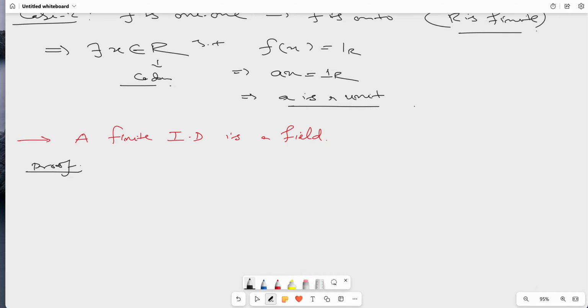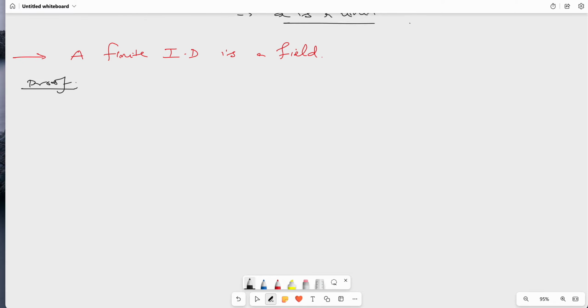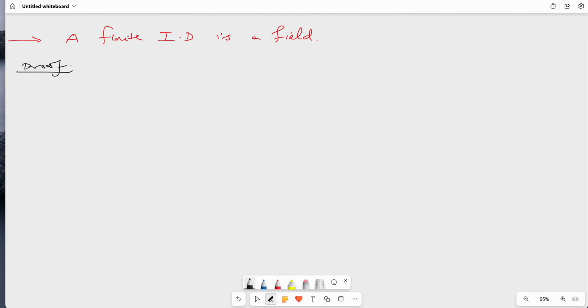What is the definition of a field? First of all, a commutative division ring is called a field. What is a division ring? A ring with unity in which every non-zero element is a unit, right? So I guess I don't have to say anything more. This is very clear. Okay, so let me set up the situation. Yeah, okay, let R be a